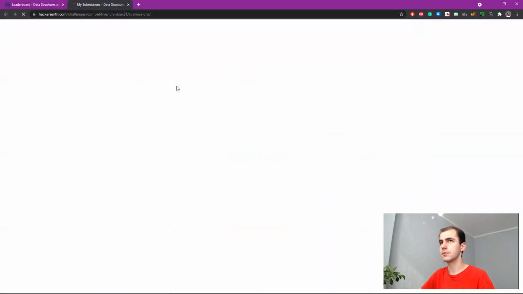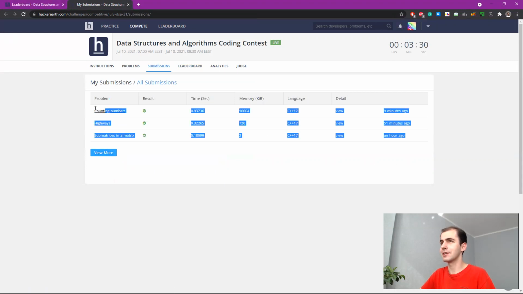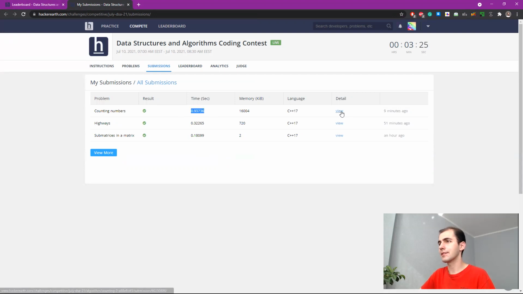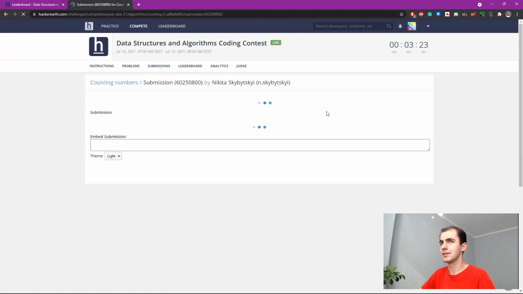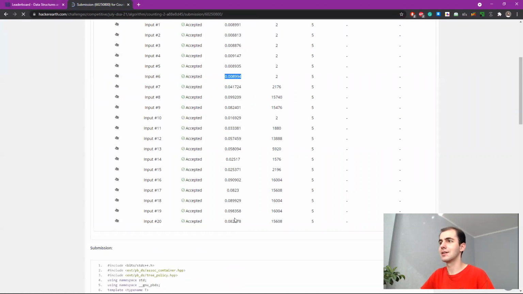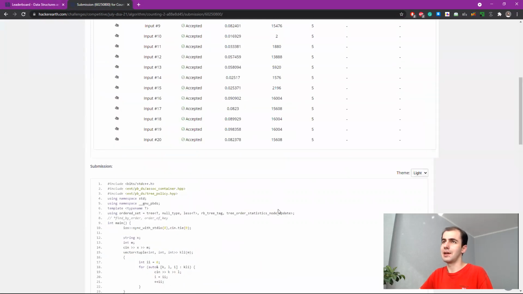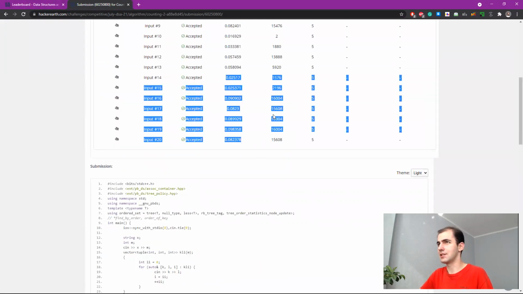Does it see my submission? Yeah, it does. Clean sweep is also very nice. I believe this is combined time over all test cases. Yes, and then actual time for... Dude, what's not 0.09? That is ridiculous. It means the test cases are weak. Because how is it possible for something that... Okay, probably they can use better test cases, because this is just not fun.